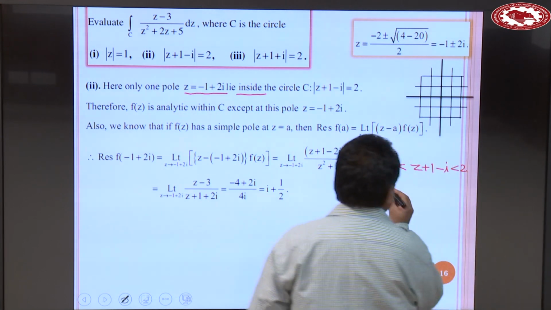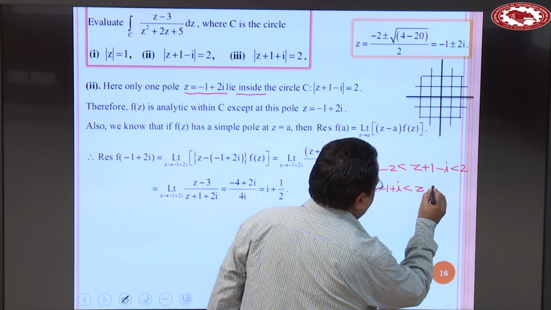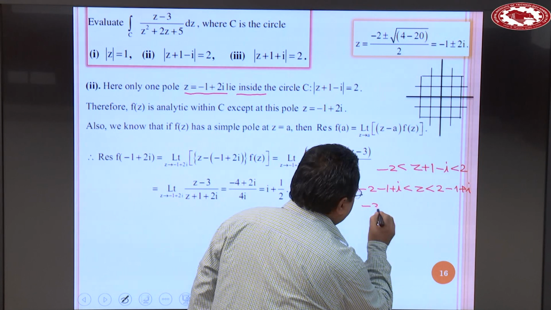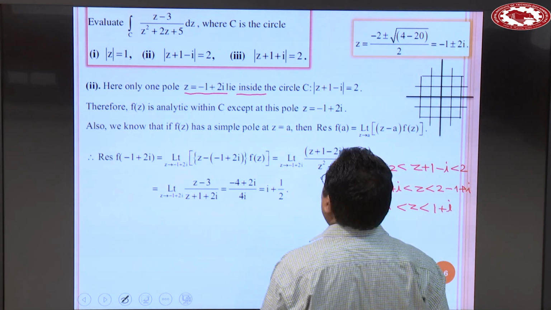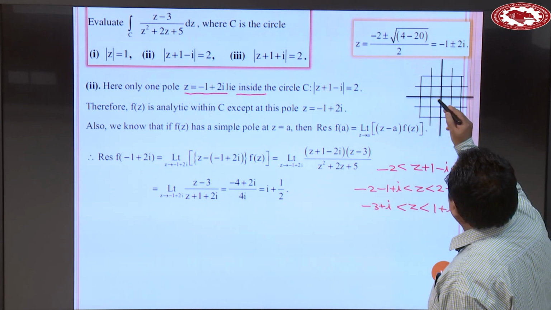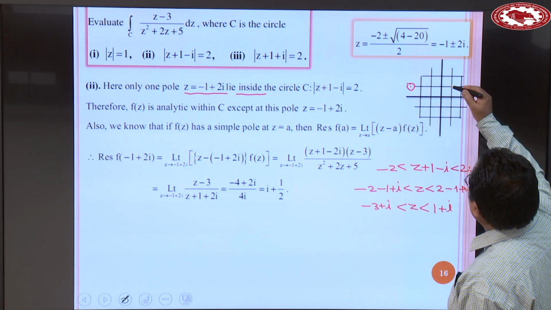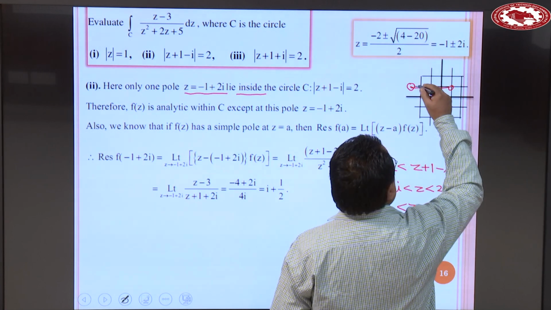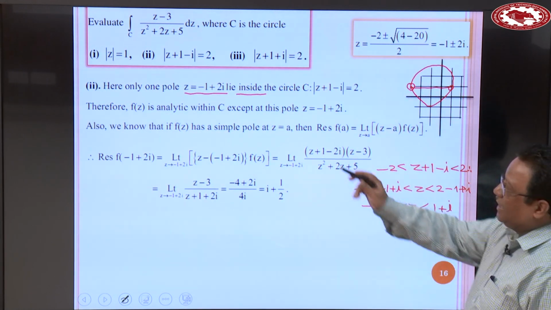ओके, तो मैं दोनों तरफ -1 + i ऐड कर रहा हूं, -2 -1 + i less than z less than 2 -1 + i. ये मैंने ऐड कर दिया। ओके, तो ये बना -3 + i less than z less than 1 + i. ओके, अब देखिए पहले इसको बनाते हैं कि ये सर्कल कितना बड़ा है। -3 + i, सो 1 2 3 एंड प्लस आइटा, एक तो ये पॉइंट बना, एंड 1 + i, एक ये पॉइंट बना। ओके, तो ये आपका बना डायमीटर, राइट। अब ये डायमीटर बना तो आपका सर्कल कुछ इस टाइप से बनेगा, राइट।